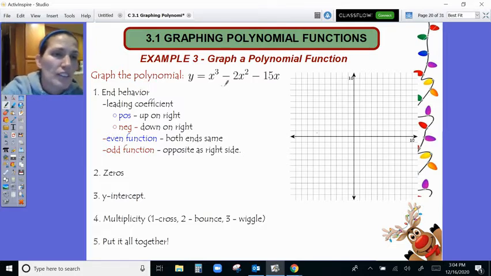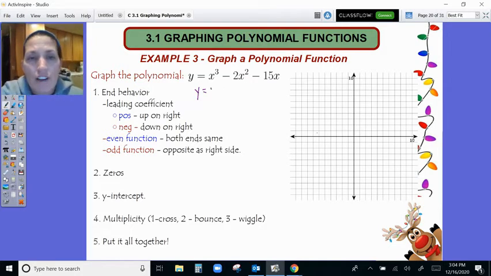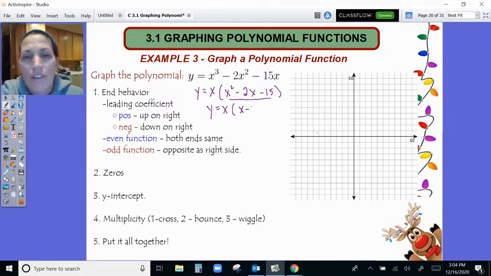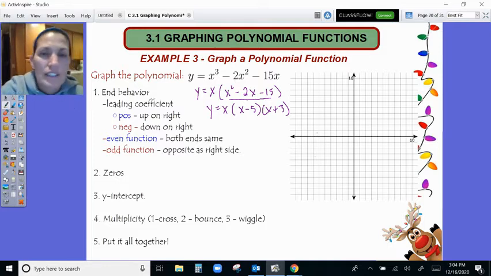So I'm going to go ahead and factor this. I'm going to factor out a GCF, which is x, and that will leave me with x squared minus 2x minus 15. And I'm going to factor this, looking for factors of 15 that add up to negative 2. That's going to give me x times (x minus 5) times (x plus 3). Okay, my leading coefficient is still positive, so I know it's going to be going up on my